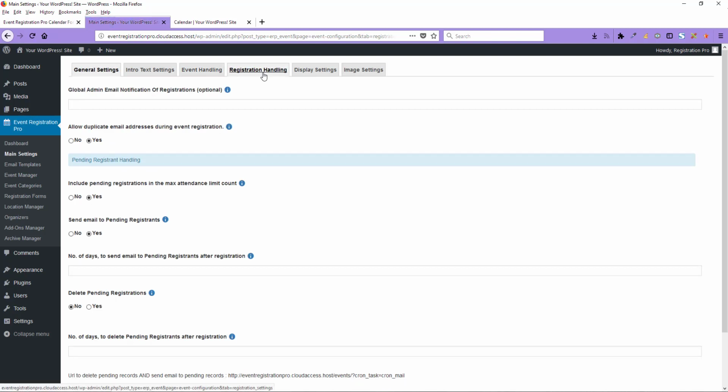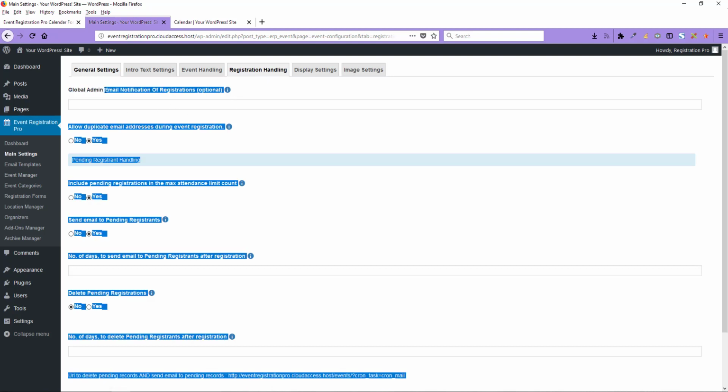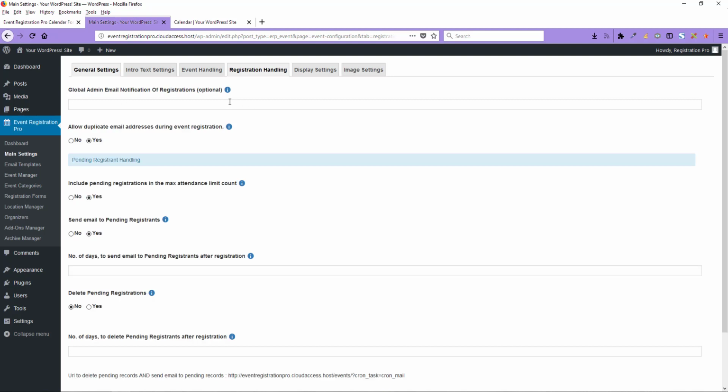On the registration handling tab, this is the global admin email notification. So if you want to be notified of every event registration for every single event, you would just put your email in here. You can allow duplicate email addresses. Pending registrant handling